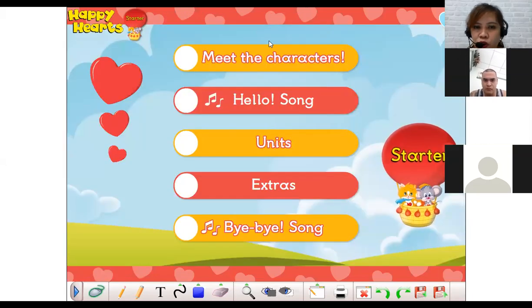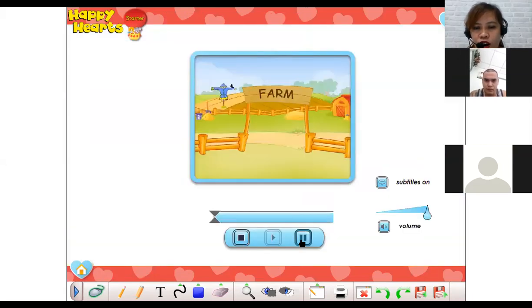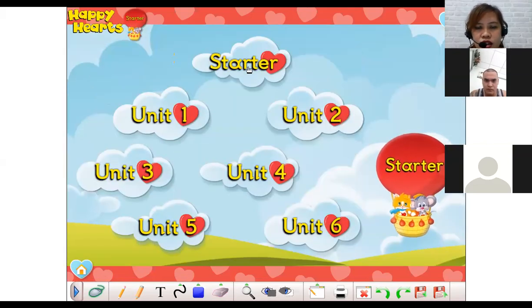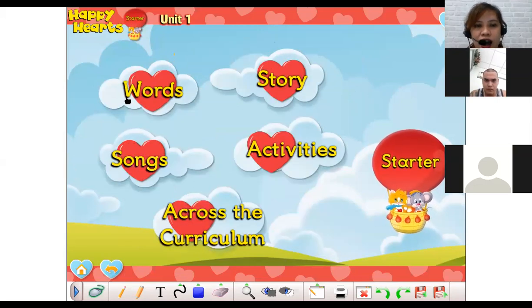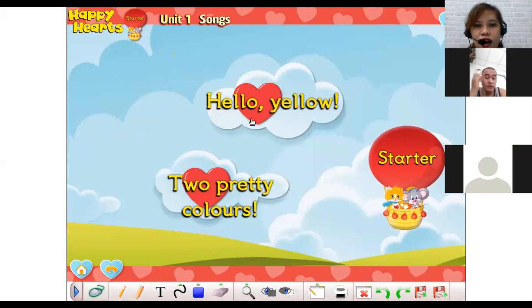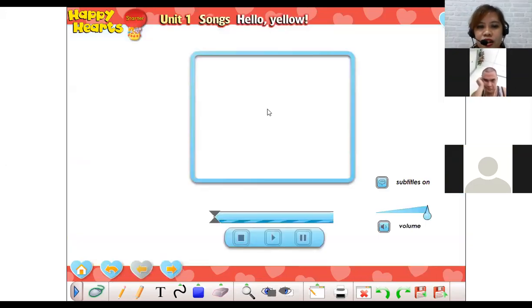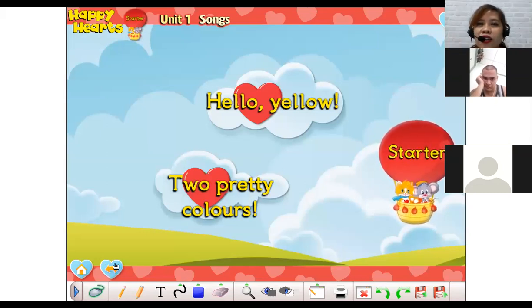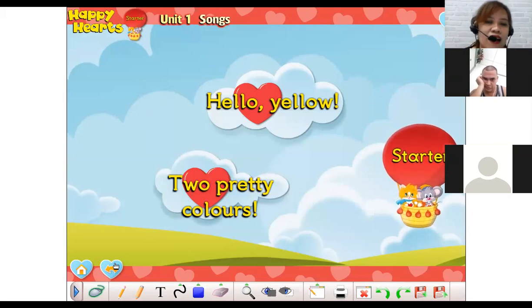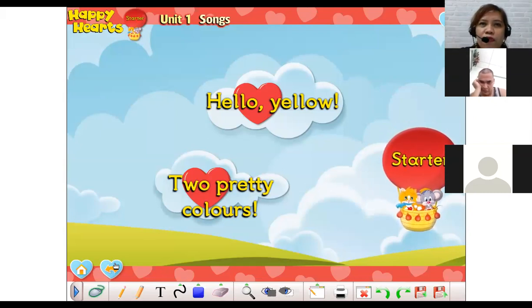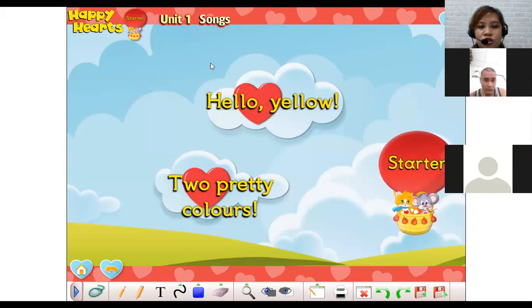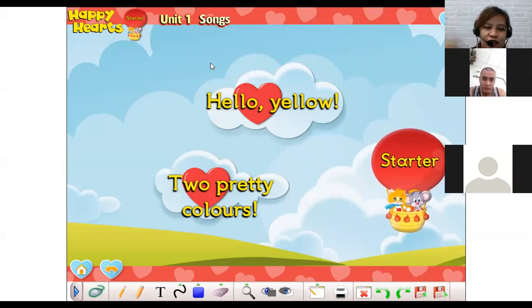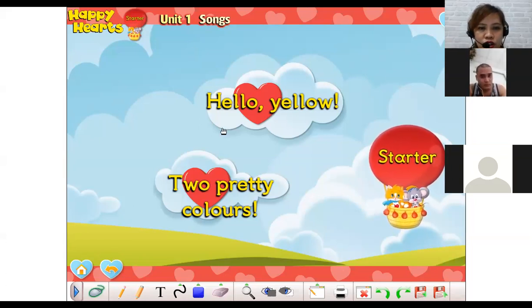So for week number 4, play the hello song for review. Play the unit song. Go to unit 1, click song. Play Hello Yellow, the song, and then play Two Pretty Colors. Singing a song is different, and the child remembers more. In singing, there are vocabulary words and actions, so they learn a lot. I suggest you encourage them to sing, because that is already like their drill, their warm up. So once you're done with the two songs,